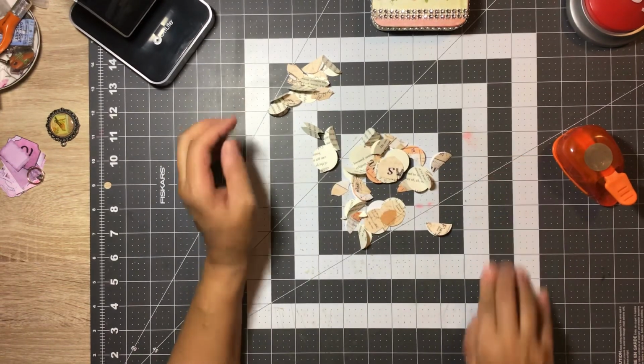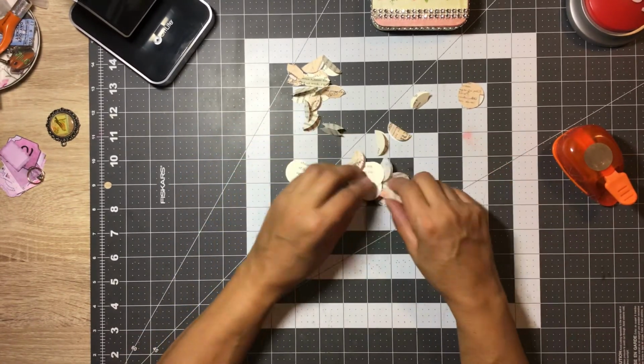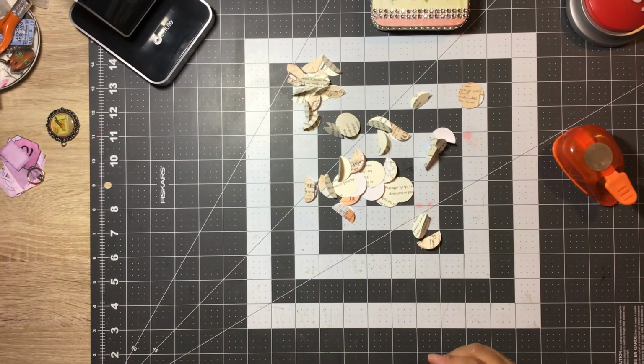So that's my tip for the week, guys. I hope you like it. Hope you try it, and let me know what you think. I'm going to be sitting here cutting more circles and doing some clips and stocking up on these little tabs,